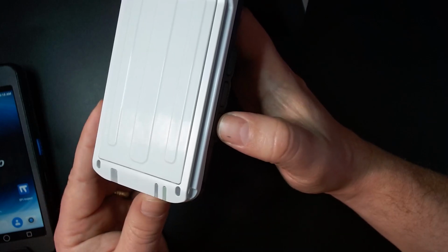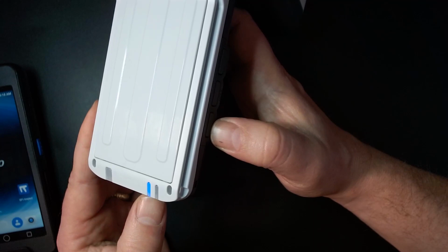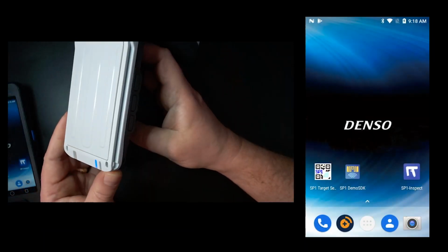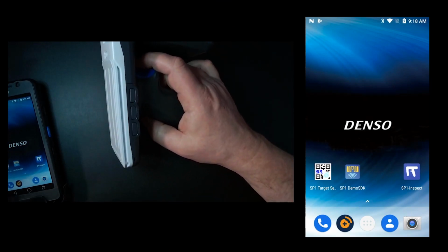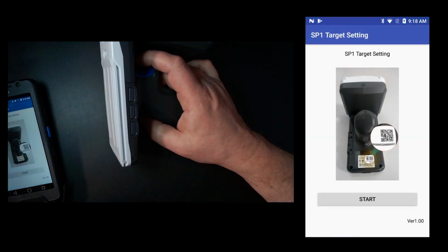So we do this by pressing and keeping pressed the pair button, and now we see it is flashing again. Good. We can now have a look at our BHT. What we recommend for doing the initial pairing is using the SP1 target setting application. This application can be downloaded from our server as well, and is, as far as I know, distributed with the